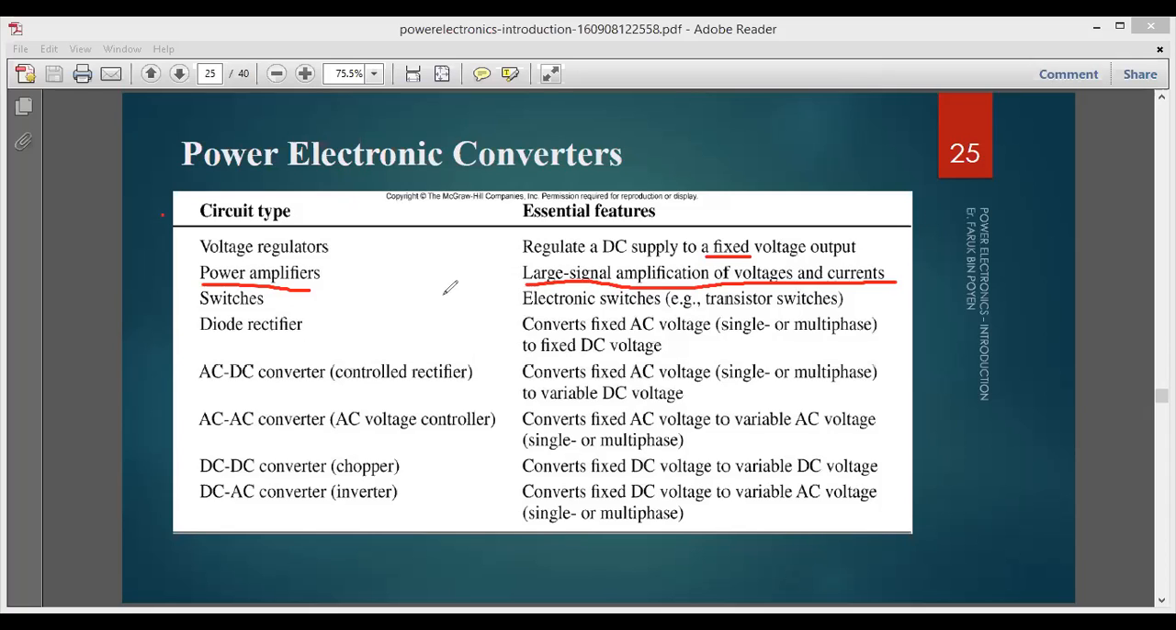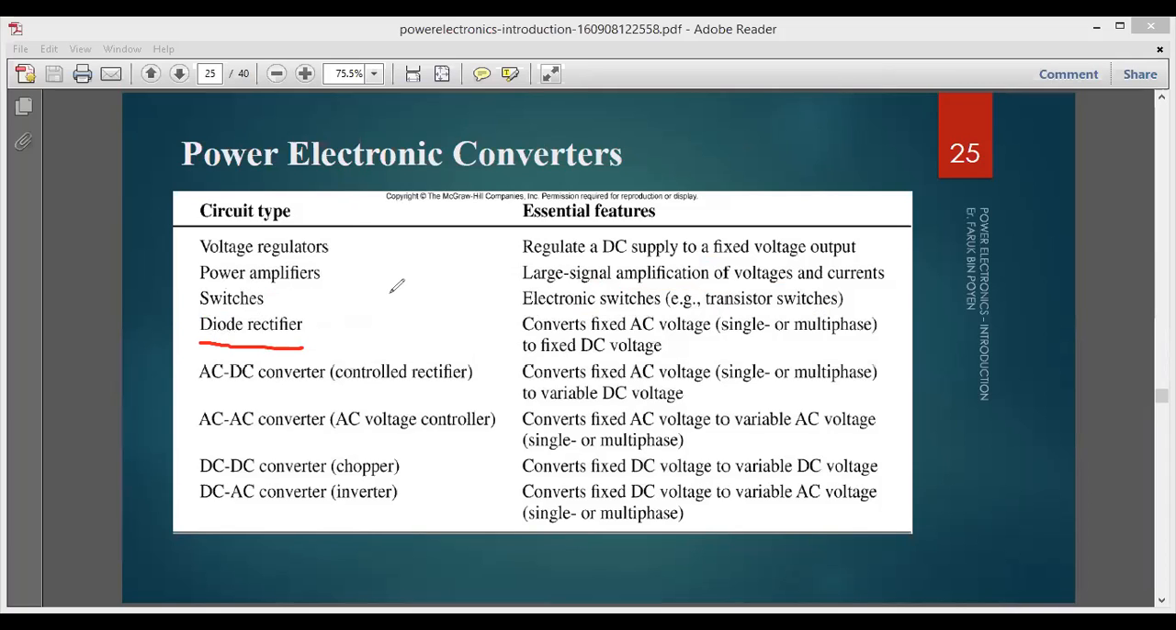Then the third type of device is the switch. We call it an electronic switch. For example, a transistor and a diode act as a switch. Just to turn electronic devices on and off, we go for switches, which are much required in power electronics. Then we have the rectifier, the diode rectifier, which converts AC to DC or pulsating DC,